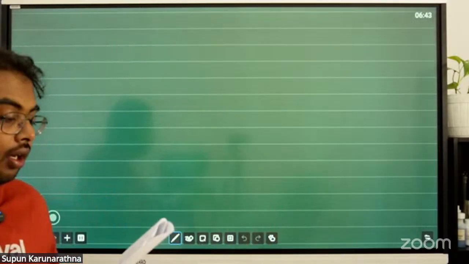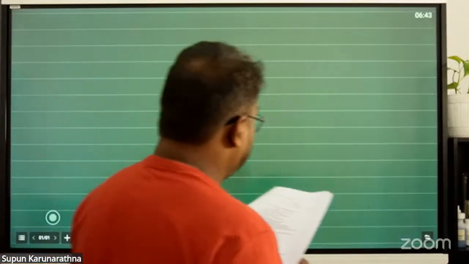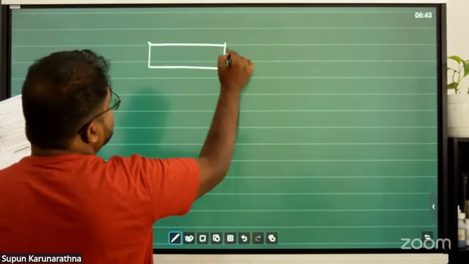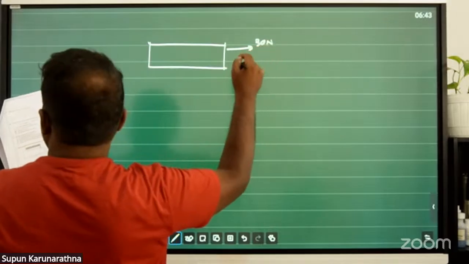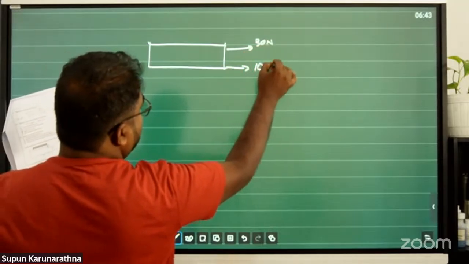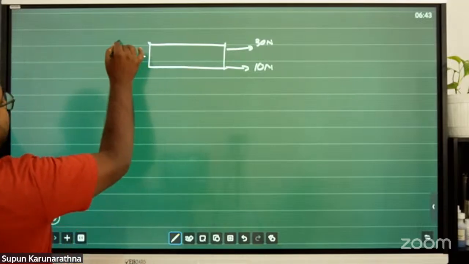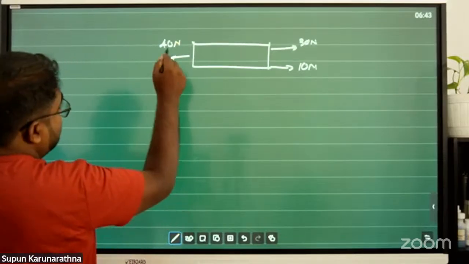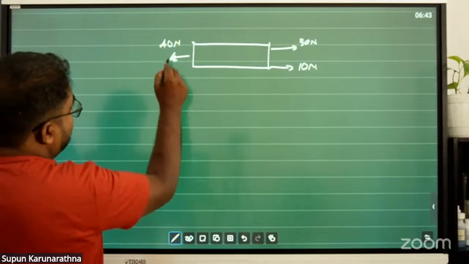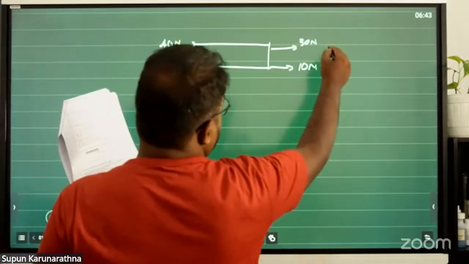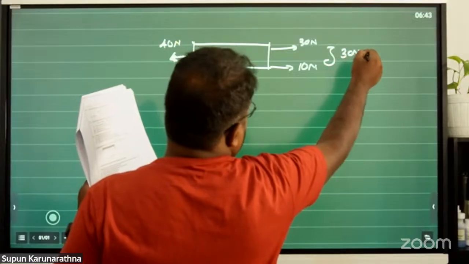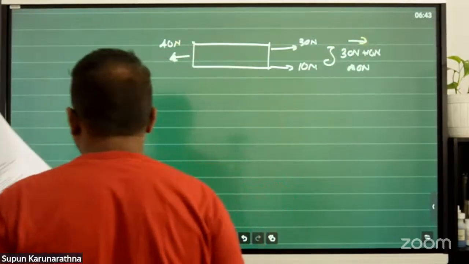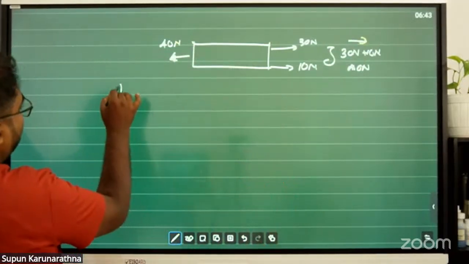Right, come quickly to the question. Look at the question. What is the resultant force acting on the object? Here 30 Newton force is applied in this direction, here 10 Newton force, and here 40 Newton. So how do we take the resultant force? The sum of these two forces, 30 Newton plus 10 Newton, we can take as 40 Newton. What about the direction? The two forces act in opposite directions. Therefore, the resultant force